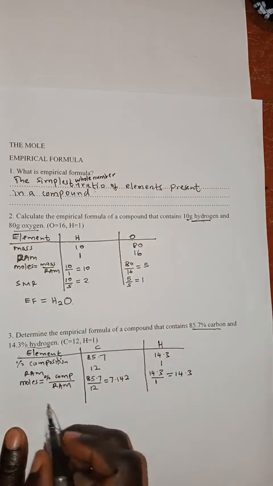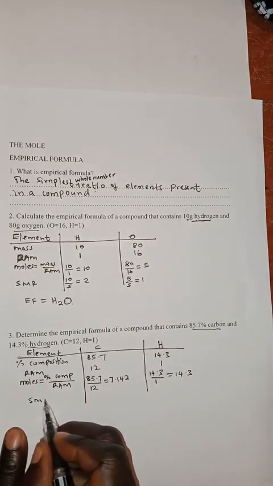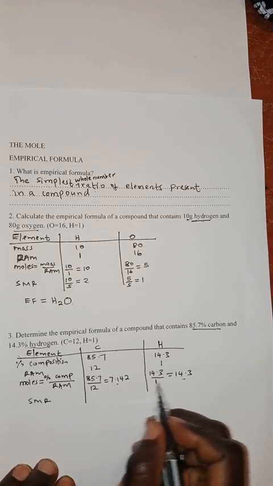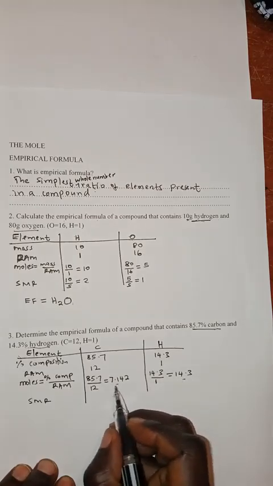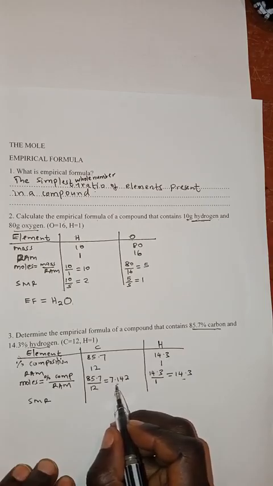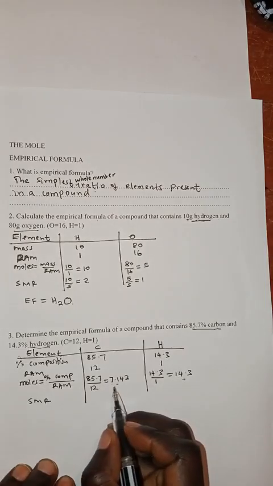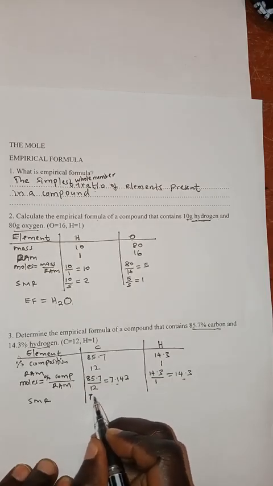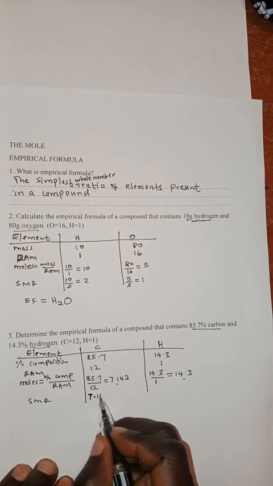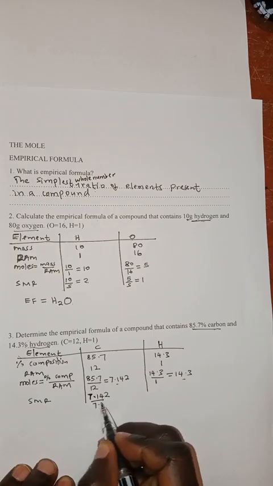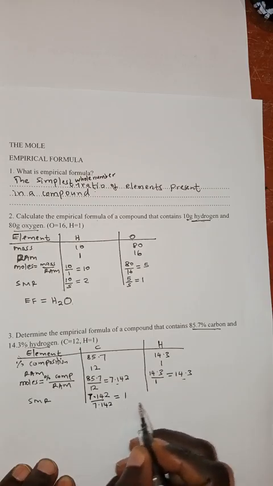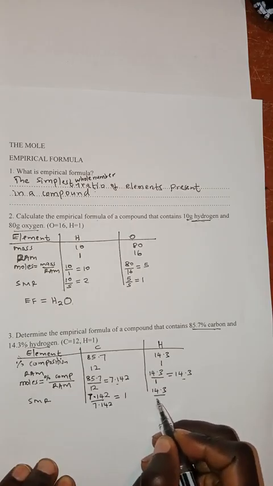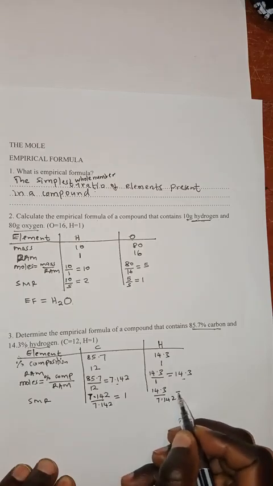14.3. Then we calculate the simplest mole ratio. We look at the two moles that we have gotten, then we divide each by the smallest value. Between 7.142 and 14.3, 7.142 is the smaller one. So we take 7.142 divided by 7.142 equals 1. Then for hydrogen it is 14.3 divided by 7.142 equals